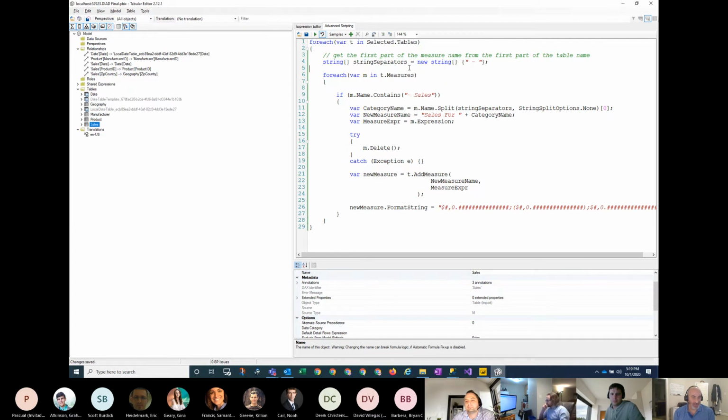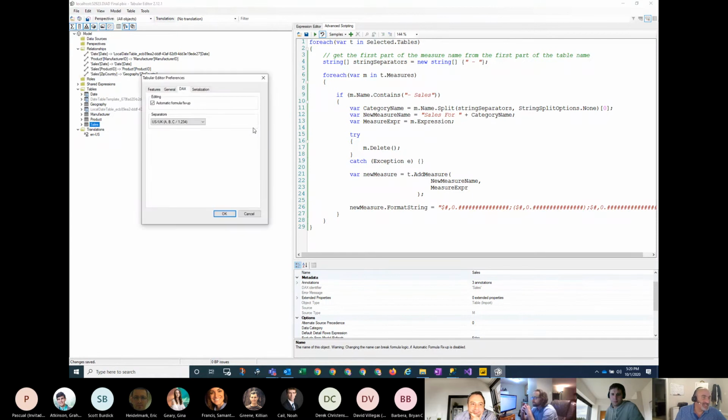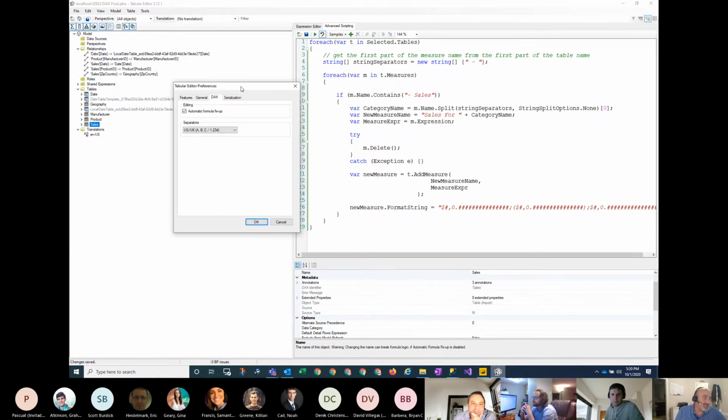Yeah, it's just like with Desktop, right? If you change something that's going to affect another measure, it will make that change for you. And you see this down here: changing the name can break formula logic if automatic formula fix up is disabled. I noticed this. If you go into the preferences, there's this thing called automatic formula fix up. I thought that was going to fix a couple of things I was doing, like me trying to rename tables, but it didn't fix that either.